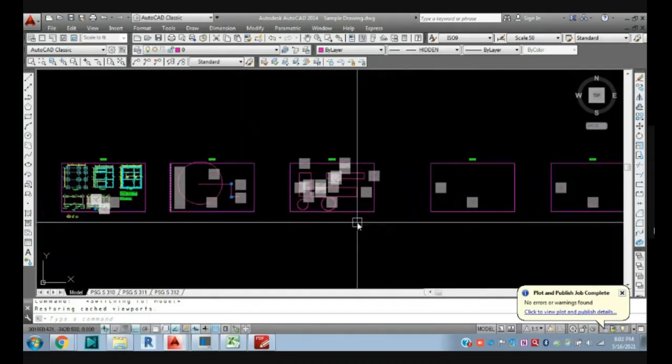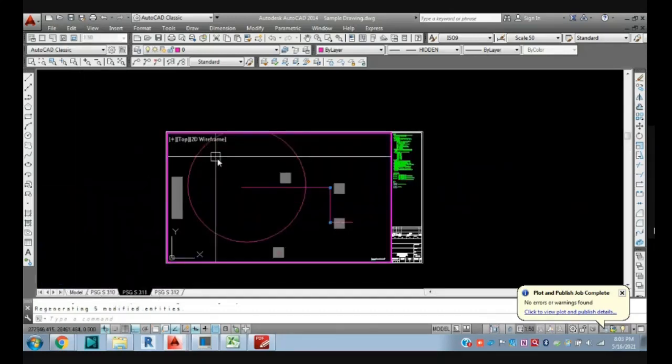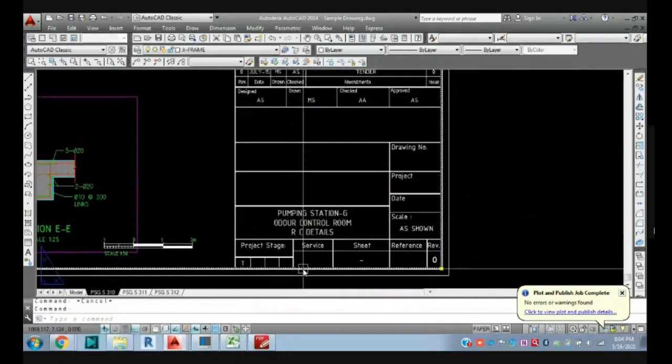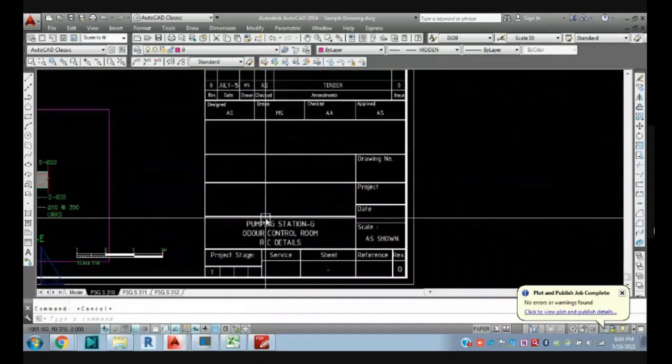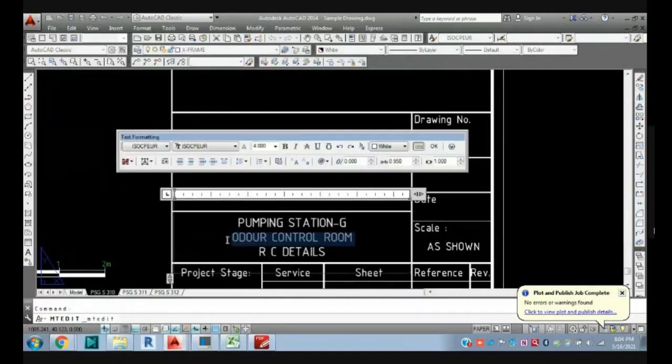You can take the print with Control P for each and every individual drawing. Another thing is, if you go here, you can see these are attributes, these are not blocks. This template is our block, but these are attributes, meaning text. You can add here as per your respective drawing. Suppose your first drawing is a slab drawing, you can add here ground floor slab details or whatever.